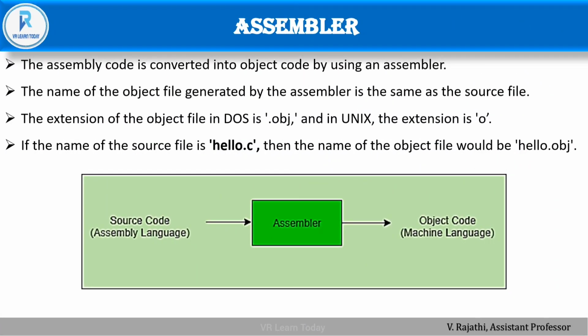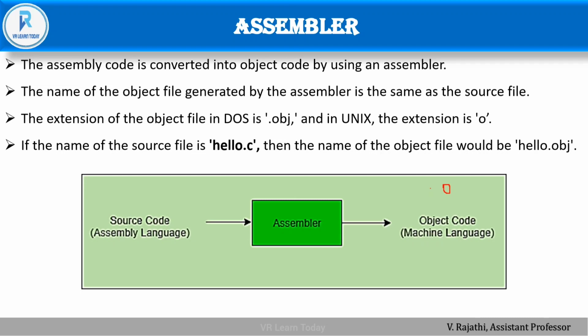Next one is the assembler. The assembly code is converted into object code by using an assembler. So this is the next step. So the assembly code is converted to the next level, which is nothing but .o, object code. The name of the object file generated by the assembler is the same as the source file. The extension of the object file